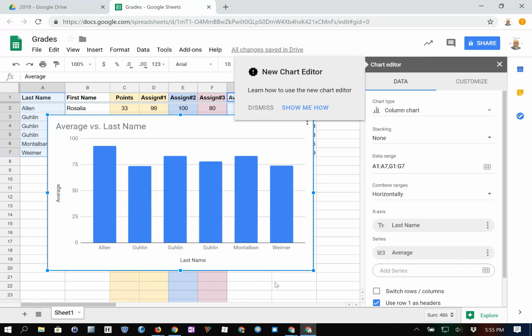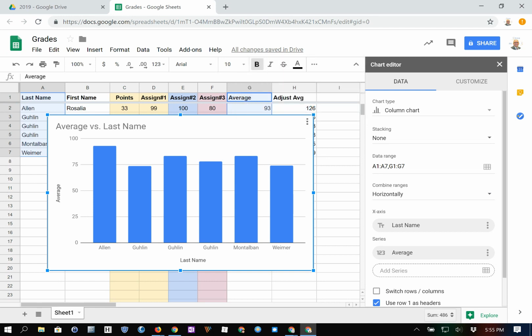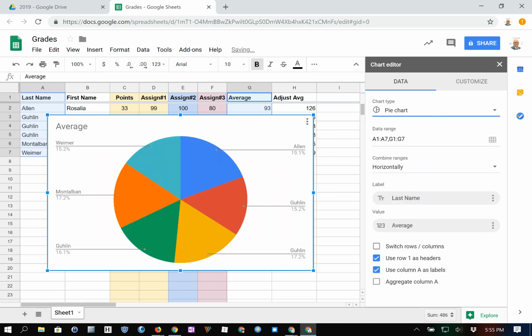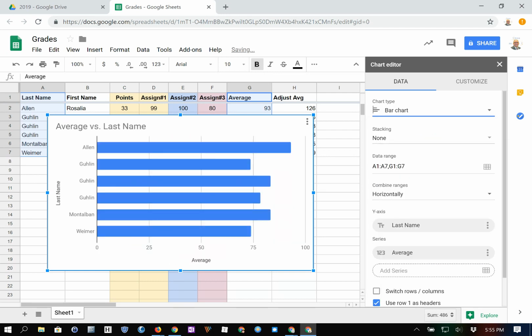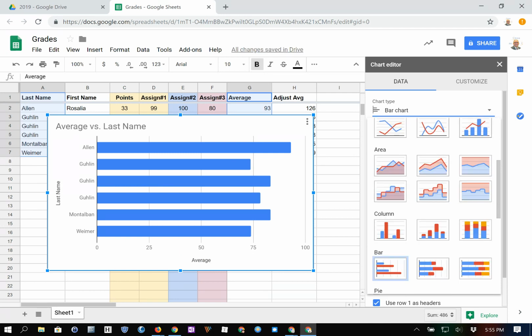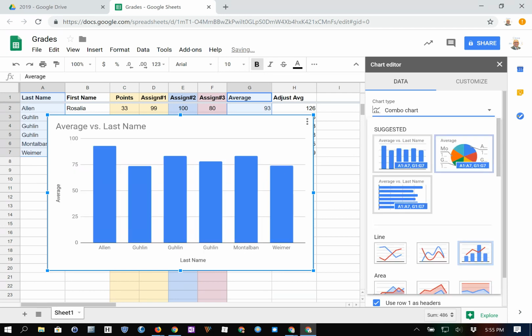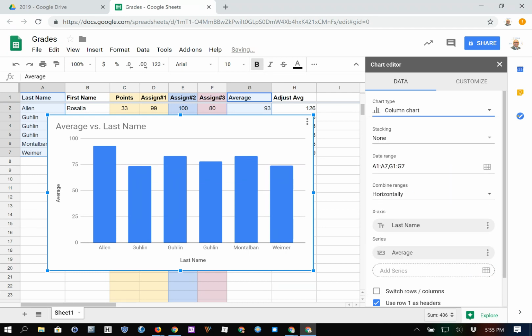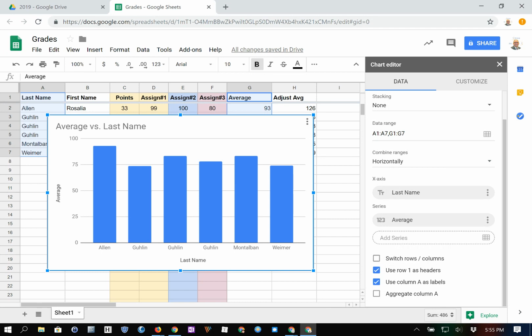And as you can see, I have the information. It's average versus last name. So I can see the average, and then I can see the last name for each of the students. Looks like there's a new chart editor. I'm just going to go ahead and click dismiss. There are lots of different charts that you can use. Some of these are going to be appropriate for the data that you're using, and some aren't. So you just have to find the one that matches your data and the type of information you're trying to share with others. So there's a column chart,